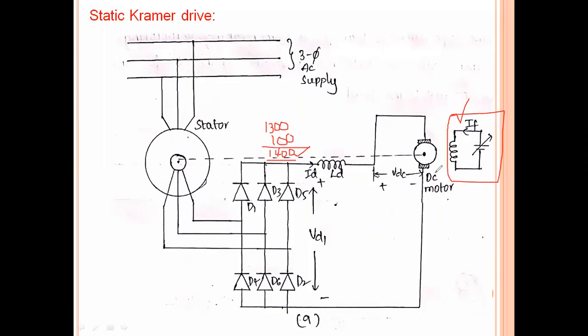If we are regulating the speed of the DC motor itself, it shows that automatically the speed of the induction motor will also be regulated, because this shaft is connected to the shaft of the induction motor, which means the rotor part of the DC motor and the rotor part of the induction motor are both coupled.